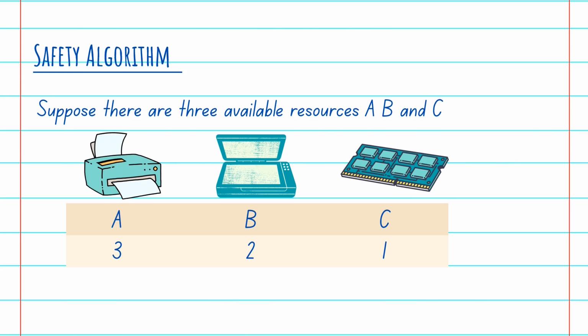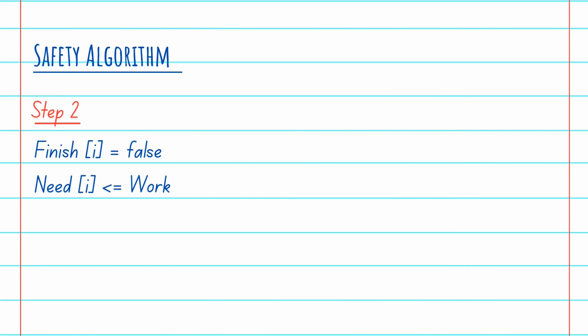Okay, this is the availability of the resources. So take work and assign the available resources variable to it. When we take an actual example, it gets more simplified. So just concentrate on the steps of this algorithm first. Then the next step is to find an index i of a process